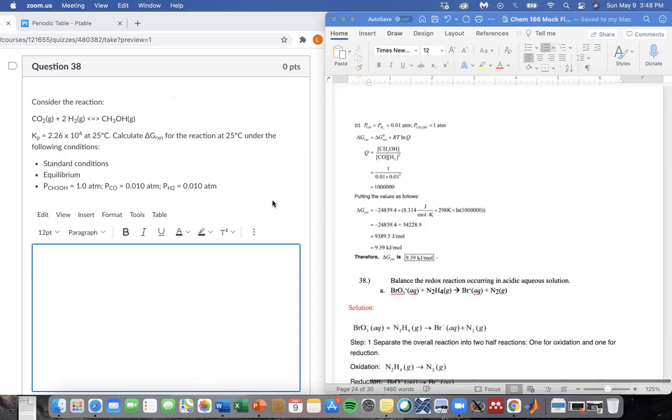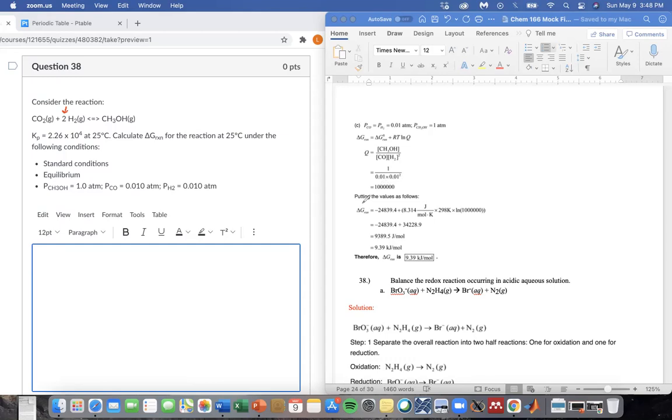And then we also have, under these conditions, our Q value based on the equation. Because you have the coefficient of 2 in front of H2, make sure you're squaring that value. You're given all of your pressures here, so we can just plug them in and get a Q value of